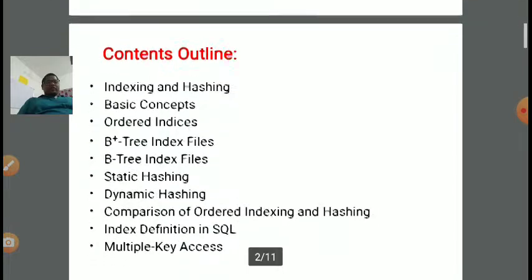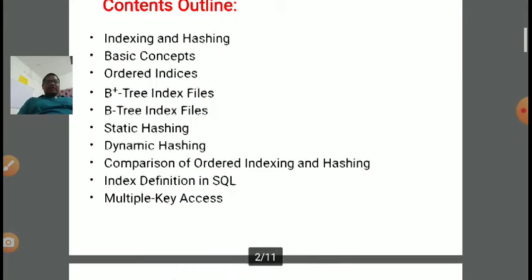So till now we covered the basics of indexing and hashing, ordered indexes: primary, secondary, dense, sparse, clustered, non-clustered. Then the B plus tree index file, in which we covered various operations like how to insert a node in a B plus tree and how to delete a node. Then the B tree, and how the B tree has some advantage over the B plus tree.